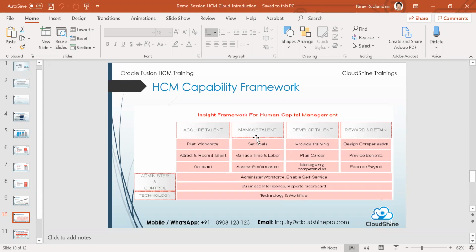And then there is, of course, a horizontal of the technology and the workflow piece, basically, that is more on the technical landscape. So you have the same engine, or the same technology, that is going to be used across these four areas per se, in terms of, say, workflows, in terms of security, how you govern accesses, etc. Essentially, those will be common across these four areas, and whatever modules that you choose.